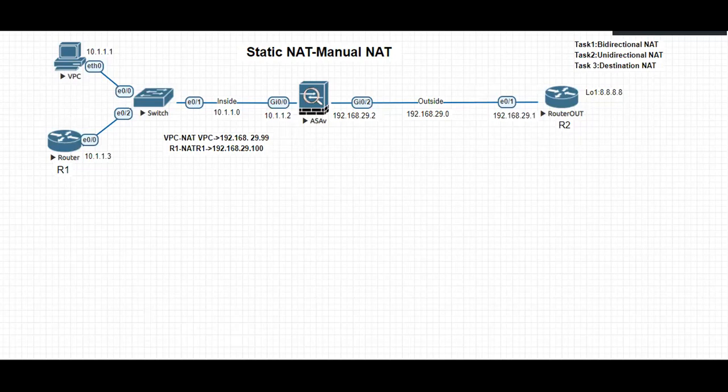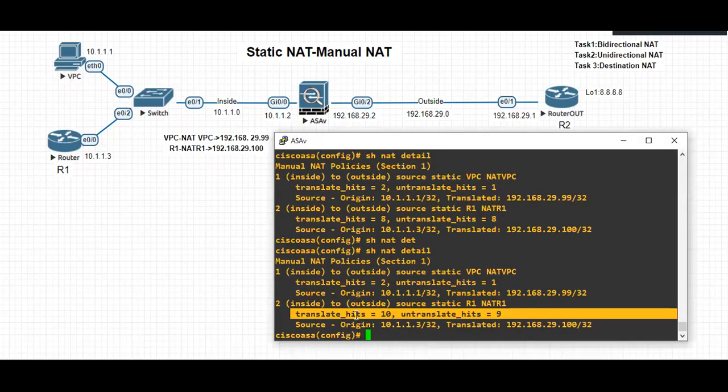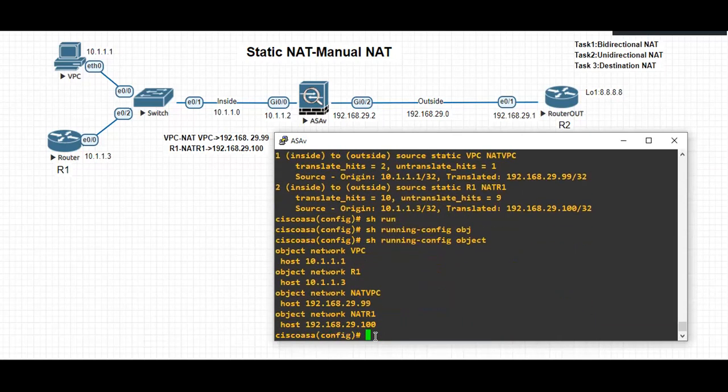Okay, so to disable this bidirectional NAT, which we just configured, I will go ahead and remove the configured NAT, and I will be using a unidirectional command. So I'll just go to make changes on the ASA firewall, and I'll say show run object. Okay, and I'll just use